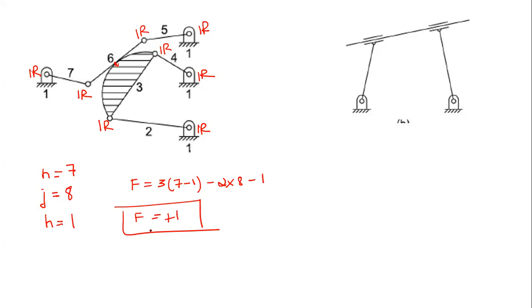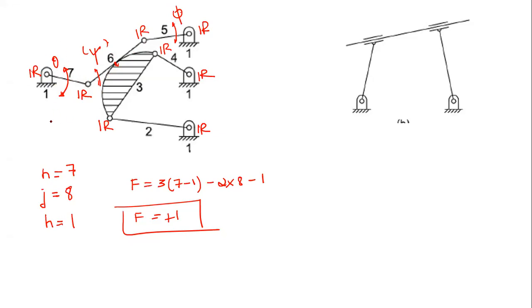Right? So now you can very easily guess. So let's say if you take your input member as link 7, right? So you need to specify the coordinate of only this link, link 7. And the coordinates of all other links, let's say if you describe the motion of this link through some coordinate psi, right? So this psi will be dependent upon the motion of this input link, that is theta. So let's say if you define the coordinate of this system as phi, right? So all this phi, psi, they will be ultimately dependent upon this value of theta.